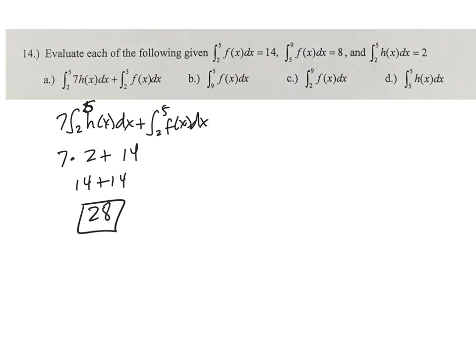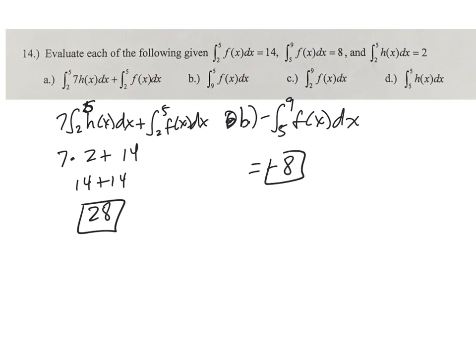So remember, to fix that, we can just rewrite letter B as the opposite of the integral, turn those bounds around, of 5 to 9 of f of x dx. All right, and we're told that the integral from 5 to 9 of f of x dx is 8. So letter B is equal to